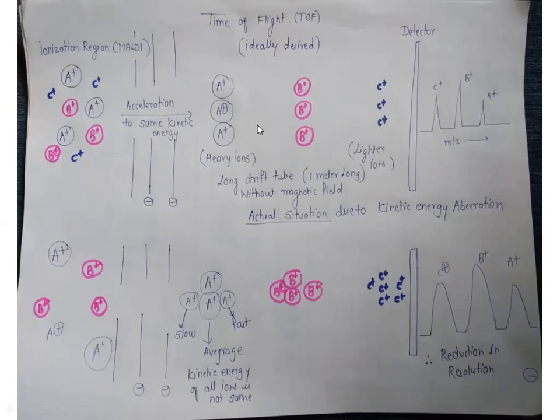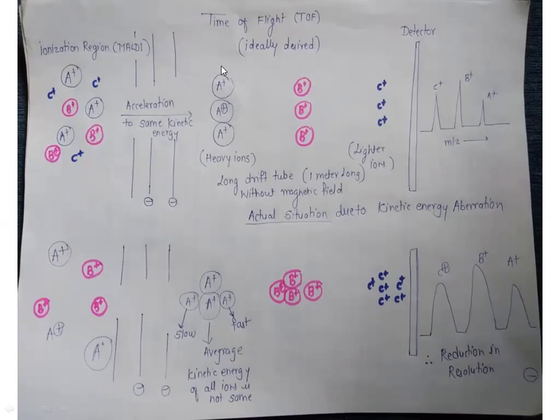So as you can see out here in this diagram, we have three different kinds of ions. One is A, B and C. The C is the lighter ion and A is the heaviest ion. So this heaviest ion is lagging behind and the lighter ion has moved fast. Now this lighter ion is going to make its way up to the detector, and it's been recorded by the detector. So what detector is going to receive first is C plus ion, followed by B plus ion, and finally is going to receive A plus ion.